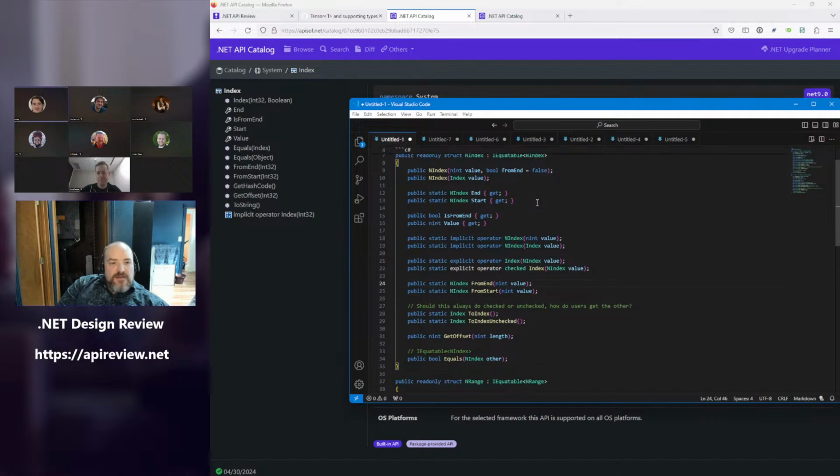Yeah, I'd just keep it together because it needs to be approved all together anyways. There's no point in us exposing index and range without the rest of the types that are going to use it. So mark it needs work and API review. I'll immediately mark it back to ready for review, and we can take another 2-hour session to go through this.